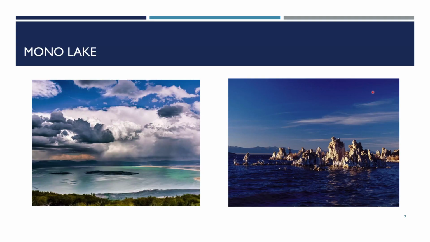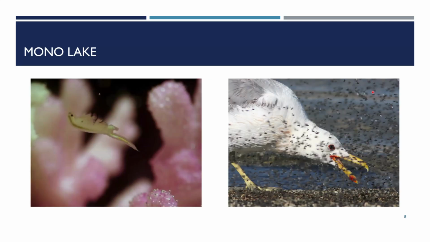So the lake supports a unique and highly productive food web. Despite its salinity, it teems with life. Microscopic algae thrive in its waters, feeding vast populations of brine shrimp and alkali flies. These invertebrates in turn attract millions of migratory birds, including California gulls, phalaropes, grebes. The lake is a critical stopover and nesting site on the Pacific Flyway, making it an ecological oasis in a pretty harsh environment. So this is a pretty unique place,